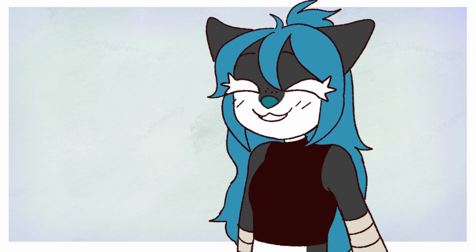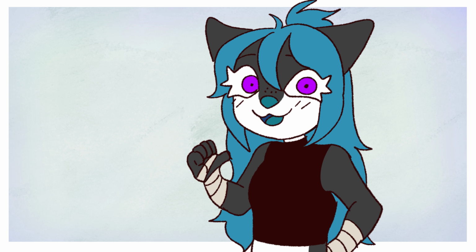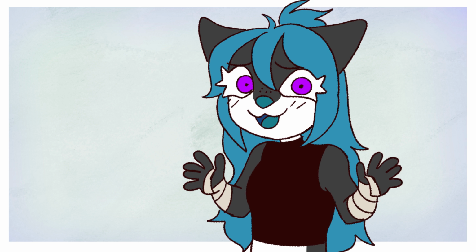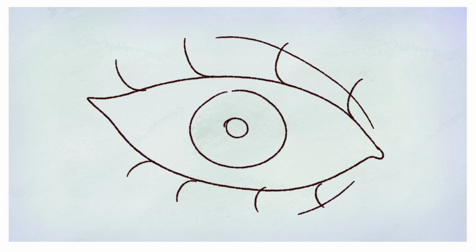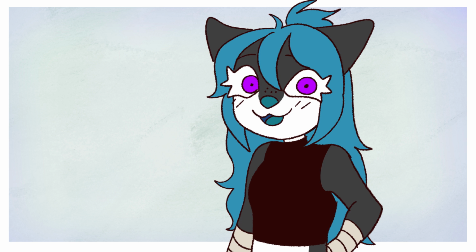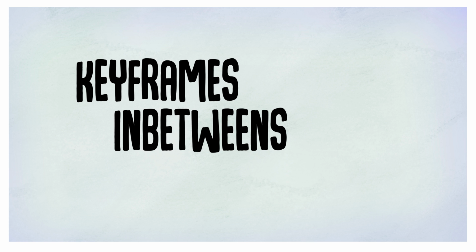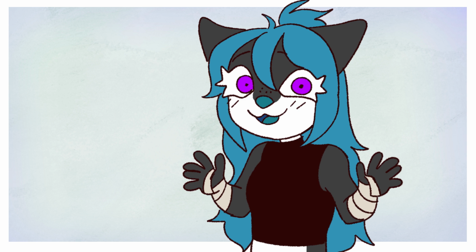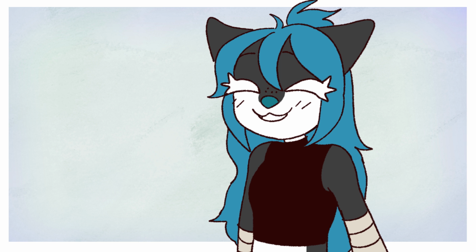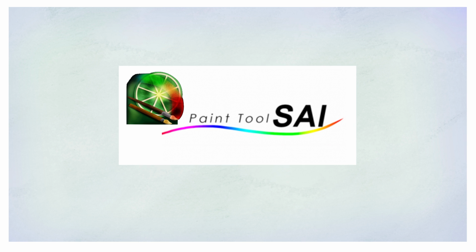In this specific video, I will be showing you how to animate a character blinking. And I know what you're thinking, this is very basic, but I want this to be part 1 of a longer series, and also, with this character blink, we'll be learning about keyframes, in-betweens, and how to use layers as frames. With this simple tutorial, you might actually apply this information for way more complicated videos. I will be using Paint, but you can actually use any program that has layers, either on your computer,